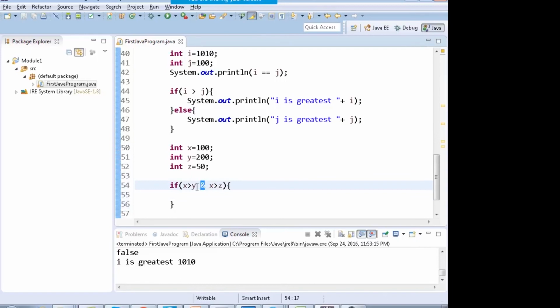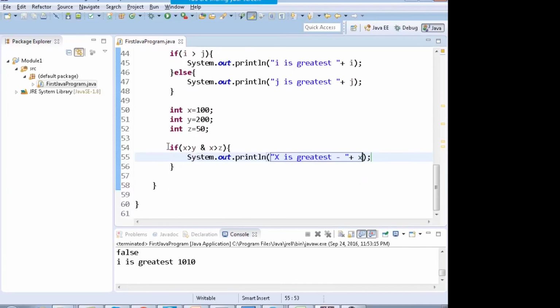This forms that both the conditions should evaluate to true. If both the conditions evaluate to true, then true ANDed with true will be true and the control will go inside the if statement and you can print that x is greatest. Okay, and you print the value of x.